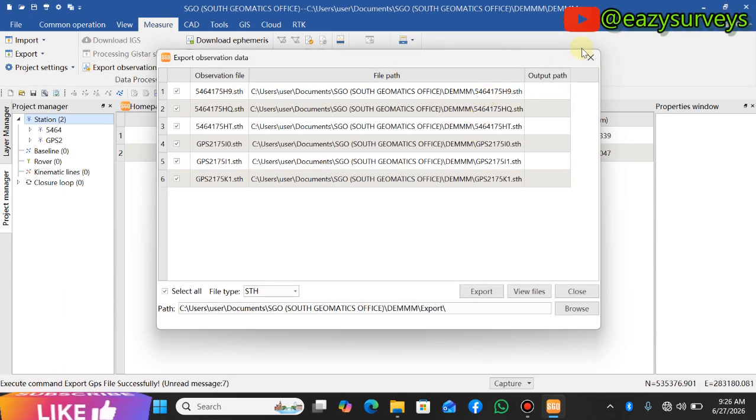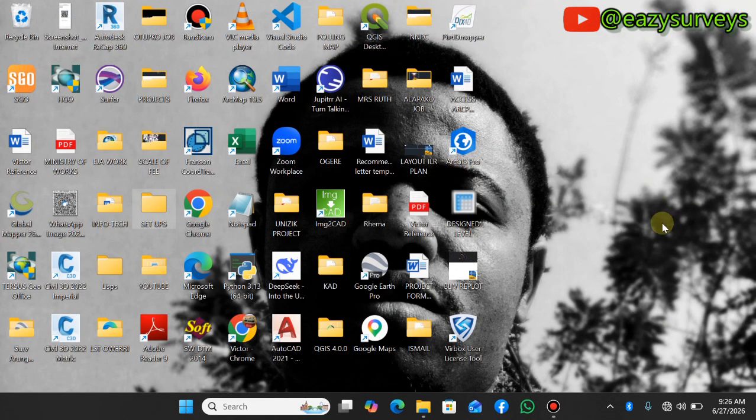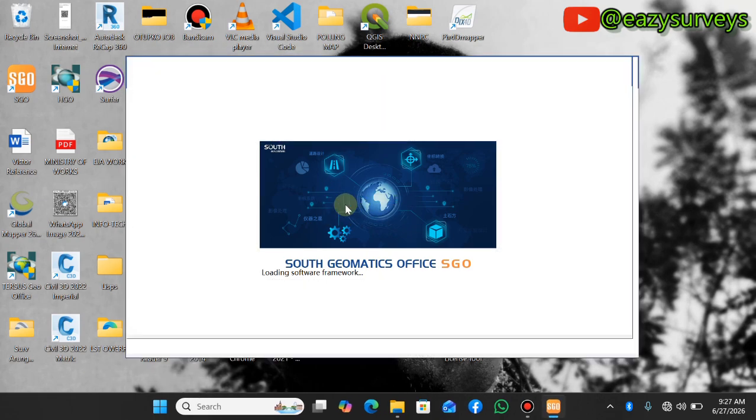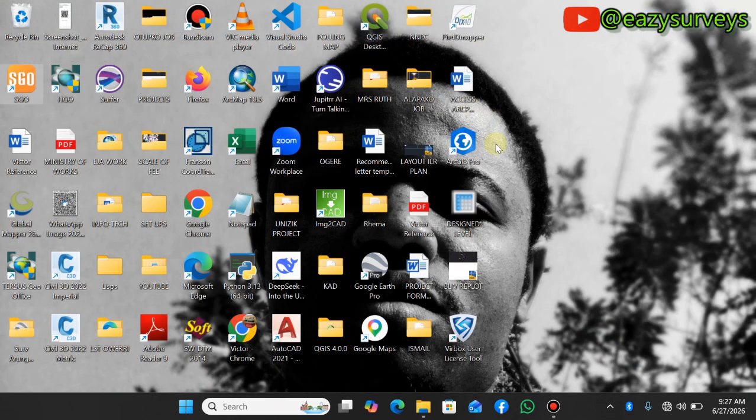Alright, so for the other extension, here is the SGO software, by the way. Here's the icon here. So you don't need to be stressing to look for the icon on your desktop interface, in case you are not familiar with it. Okay, for the other extension, that is To RINEX,